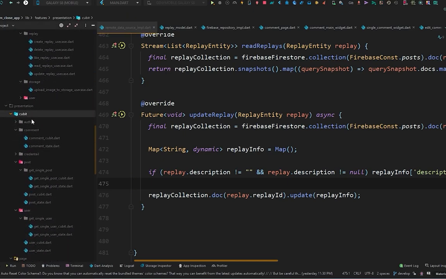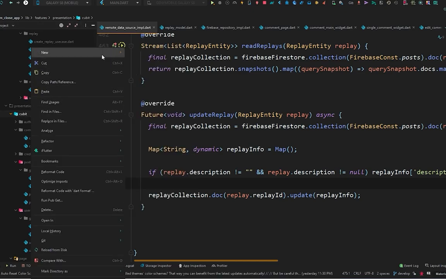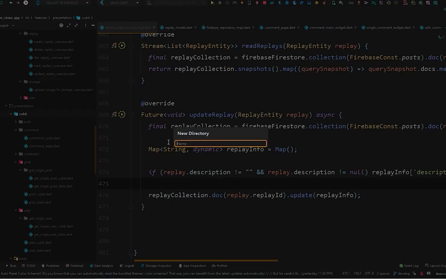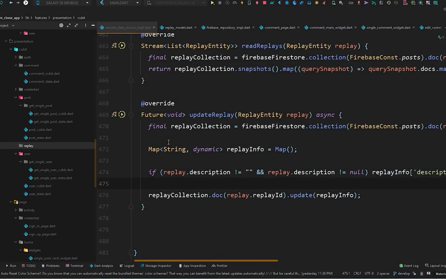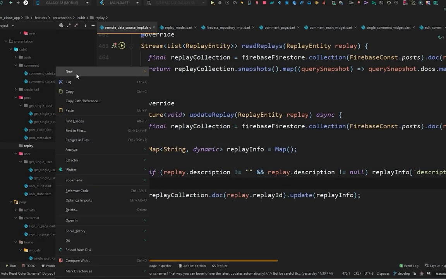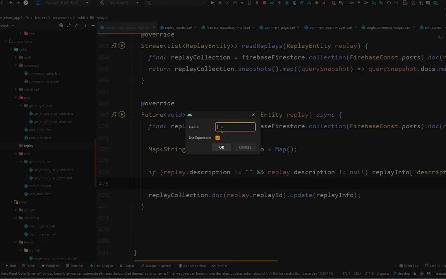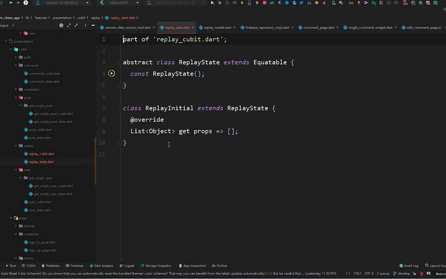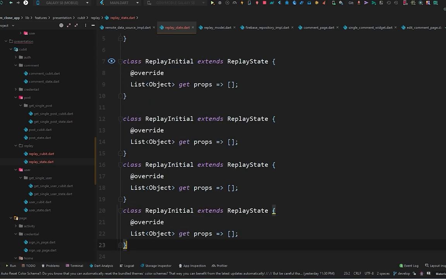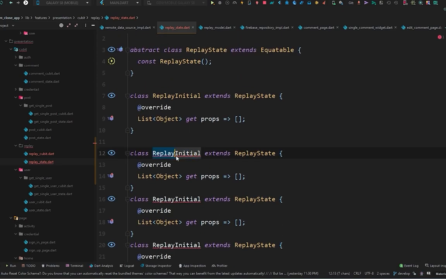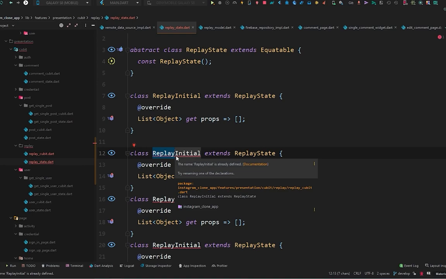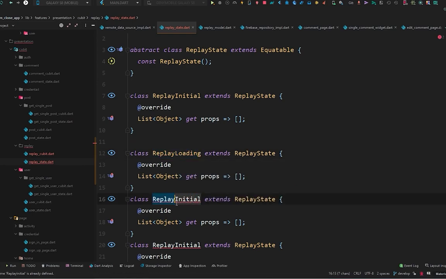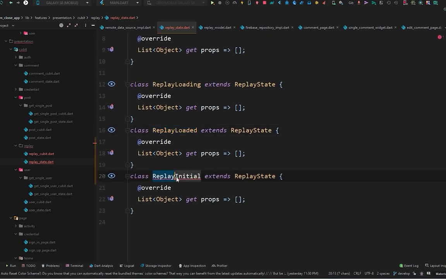So let's do it. In the presentation layer, in the cubit directory, we will create a new directory and simply name it reply. Inside this reply we will create a new cubit class, use the equatable, and its name will simply be reply. Open this, go to the reply state, copy this initial state and simply paste it 3 times. It's time to change their names. Reply will be reply loading, the first one, and the second one will be reply loaded, and finally